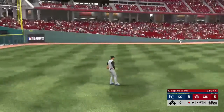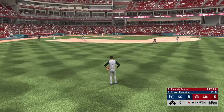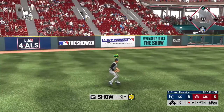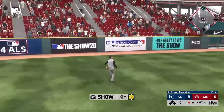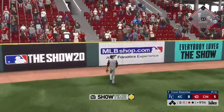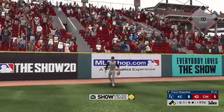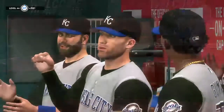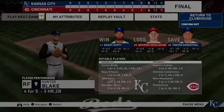So coming to the plate, Eugenio Suarez. It's been a 2-for-4 effort for him so far in the ball game. Ball driven to right field and deep. Racing back the right fielder. And this one is gone. A home run. That's Dinger numbers. Well, that's not exactly how you draw it up. He gave up a long ball to make it interesting, but